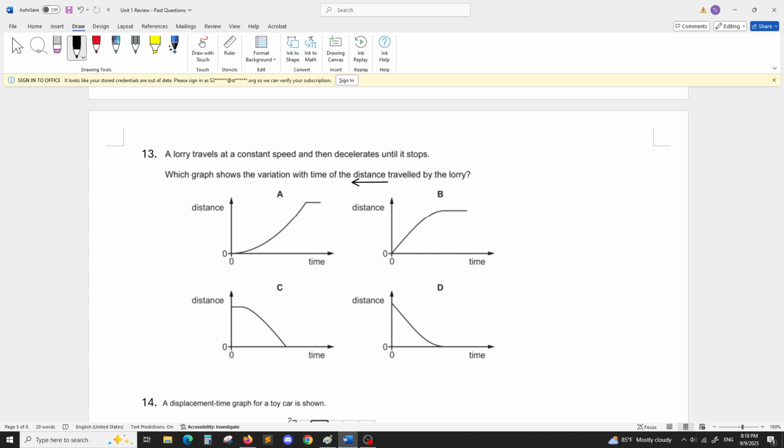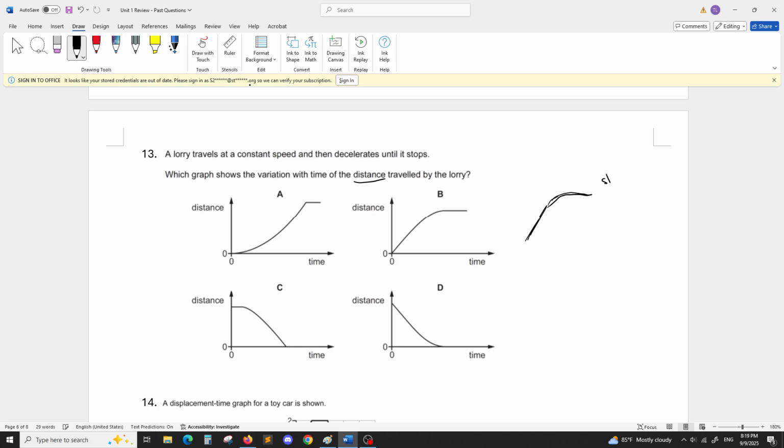So we're just going to see how much distance the lorry travels. The lorry travels at constant speed and then decelerates. So that means that initially it is a straight line and then it tapers off into a slope of 0,